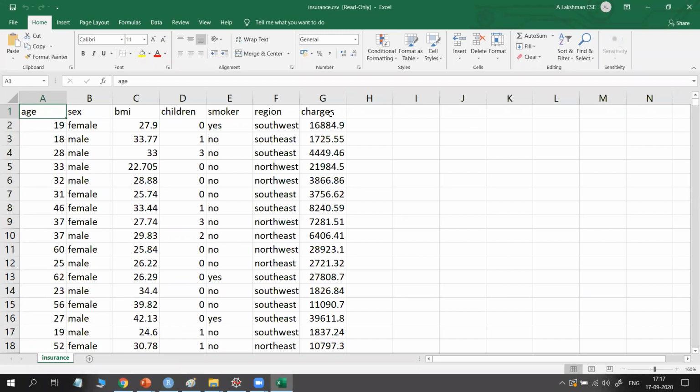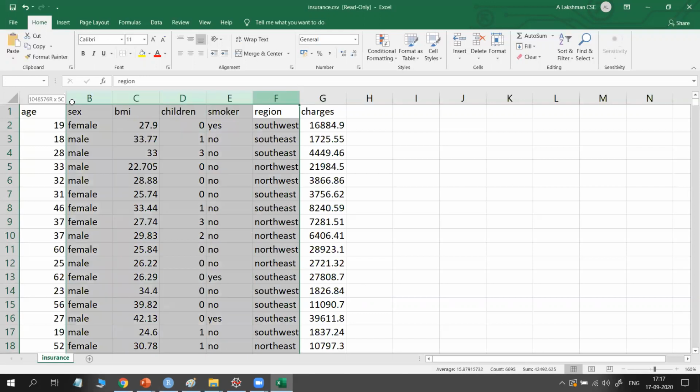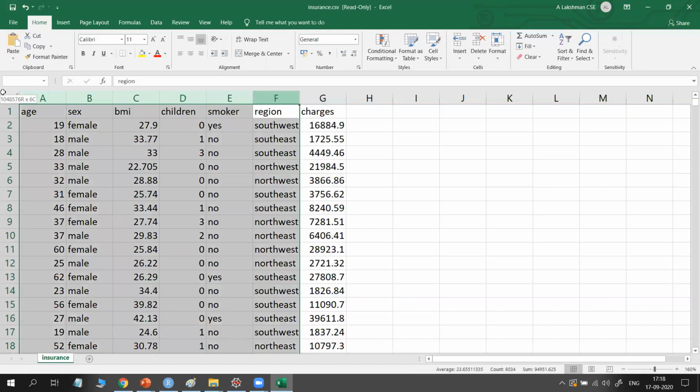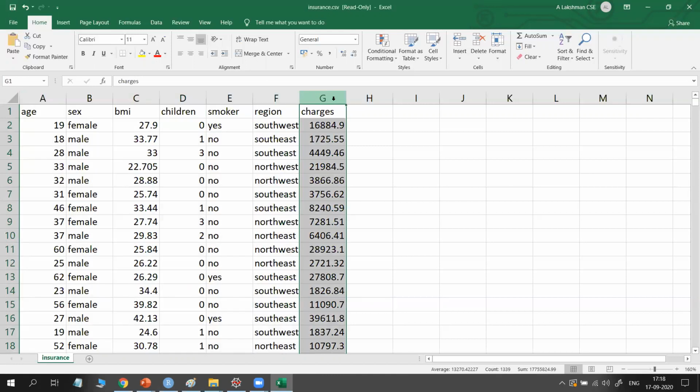We need to predict insurance charges of a person based on age, gender, BMI, number of children 0, 1, 2 or 3, whether smoker or not, and region. All these are independent variables here, because based on these we are predicting charges. Charges is the dependent variable. Our task is to predict the charges based on all the others. So I am using this data set to show you outliers.